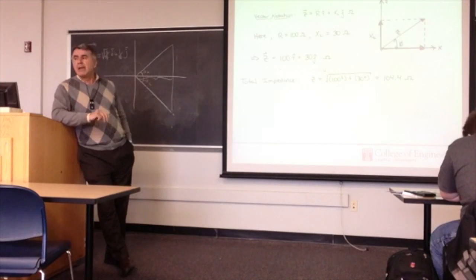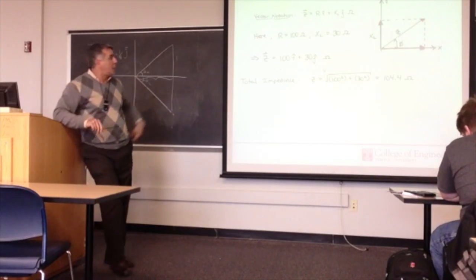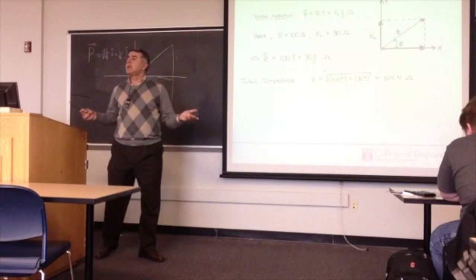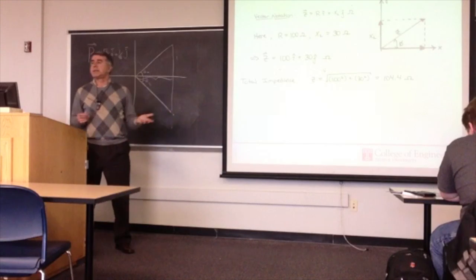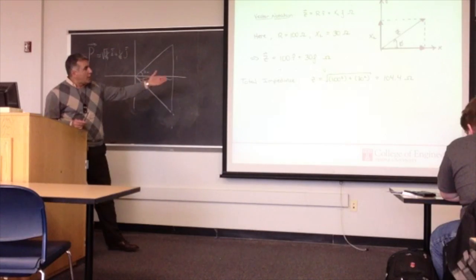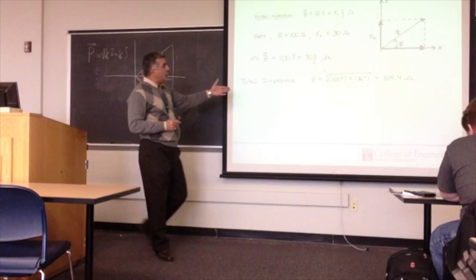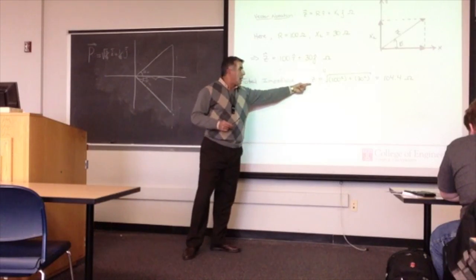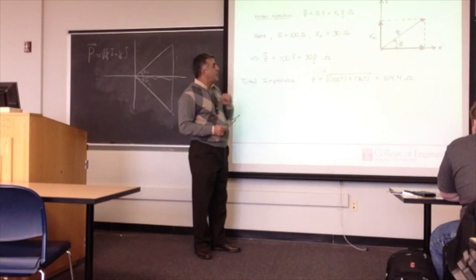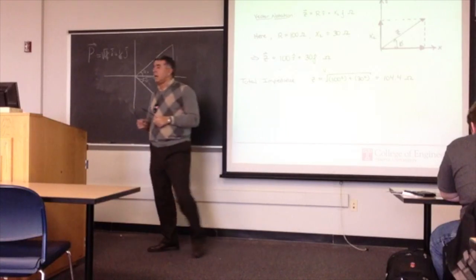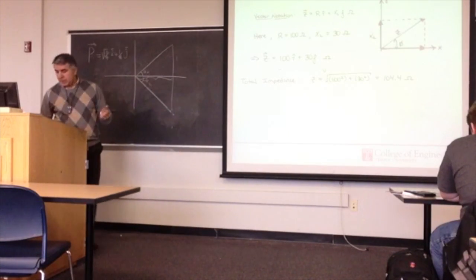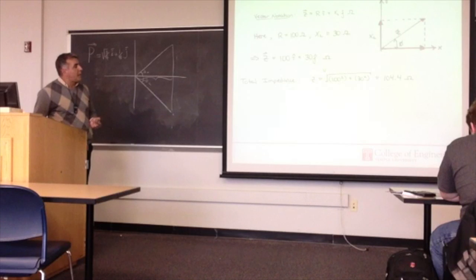In everything you do in engineering, you have to put the unit of measurement. Because this is impedance, impedance is measured in ohm, very much like resistance. So in this case, the total impedance is the magnitude that we found from the Cartesian coordinate system. Which is the same. The only difference is that we have used different